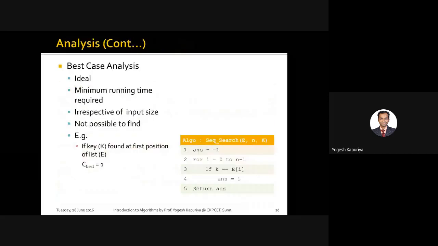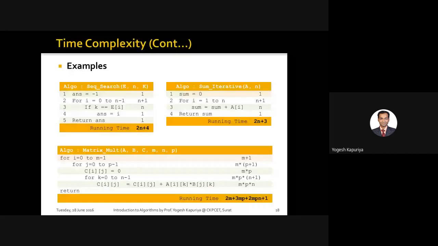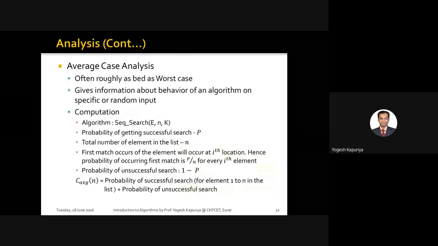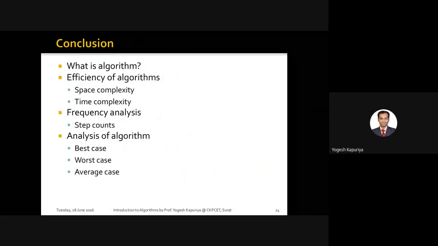Finally, you will get an equation which will be either a constant function, a linear function, a quadratic function, or a cubic function, or it can go beyond that. It can be any polynomial function. That function is again not a time complexity. Remember, you require one more step after this, and that will give you the actual time complexity of any algorithm.